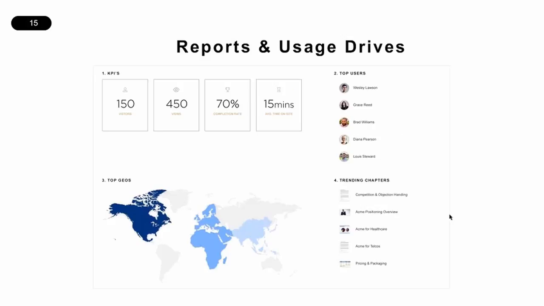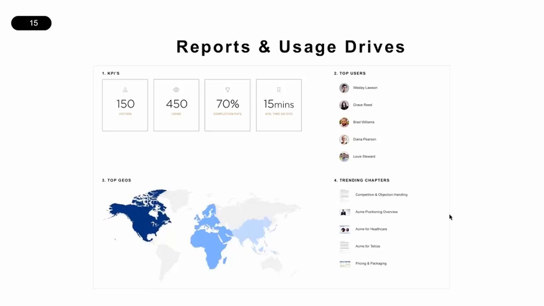So we talked a little bit about reports and usage drivers being a critical part of the overall Playbook solution. Now, here's a sample screenshot from our product share demos, which tries to show you what kind of information is available. So in this, we can see that we're tracking metrics such as 150 visitors came to the site, about 450 views, what was the completion rate, what was the average time on site, who are my top users, what was my top consumed content, where did my traffic largely come from,